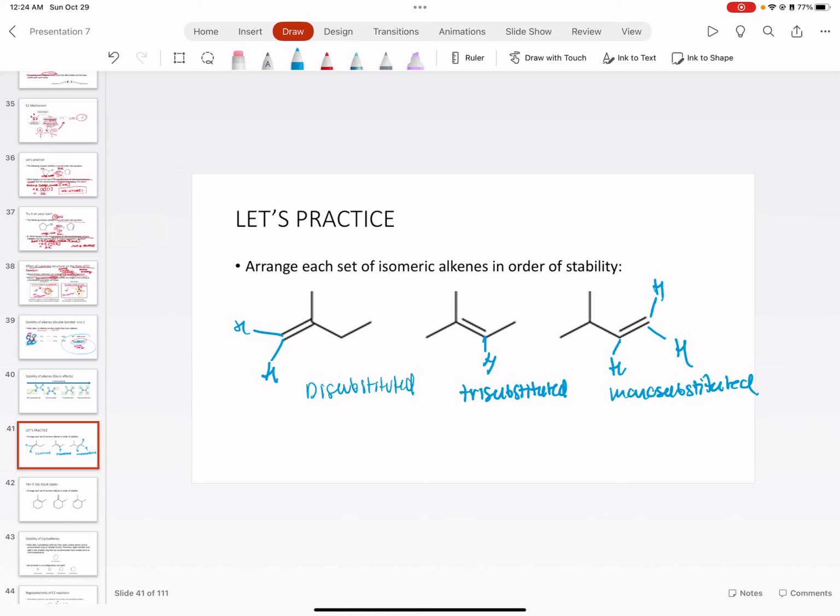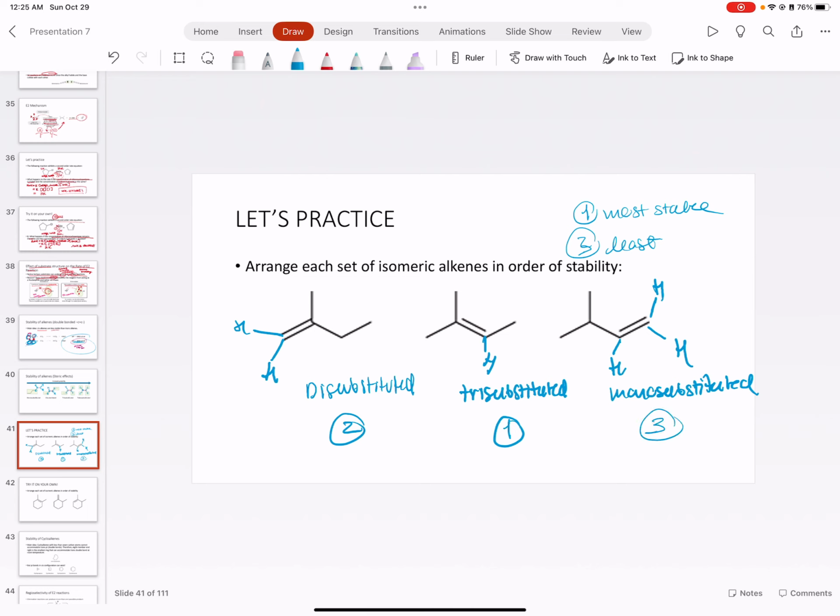So let's see, so then 1 is gonna be the most stable, and then 3 is gonna be the least. So then my most substituted is gonna be my most stable, so therefore it's gonna be this one. And then I have my di, which is my in between, and then I have my mono substituted, which is